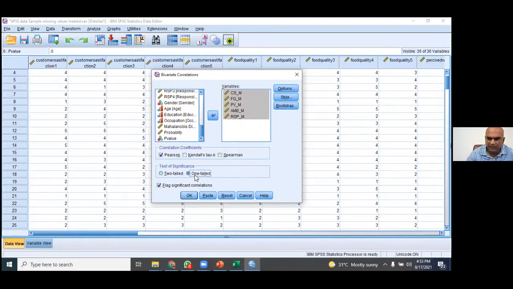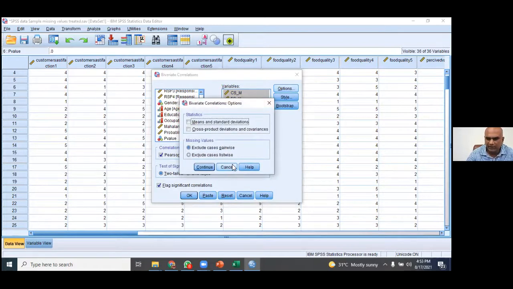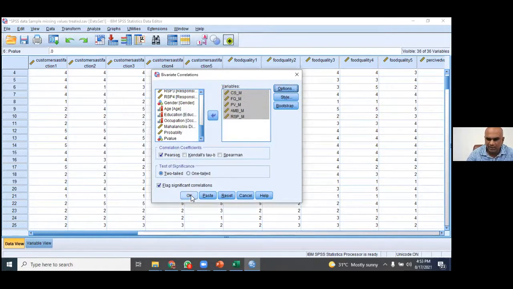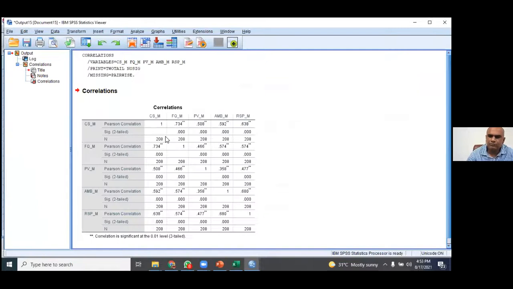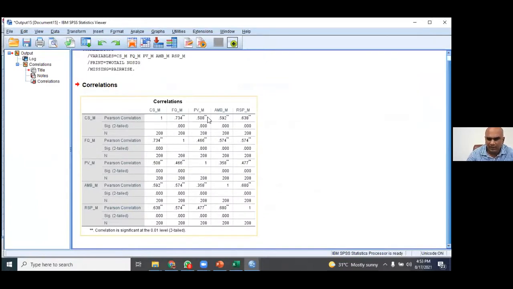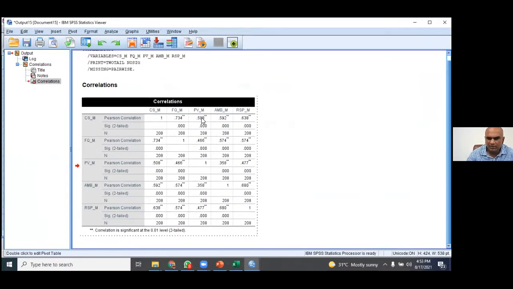And then one tail. It's up to me if I want to take two tail or one tail. Most common is two tail, and then flag significant correlation. Leave as it is. You don't need to do anything, just run OK. Just run OK. And if you look at here,